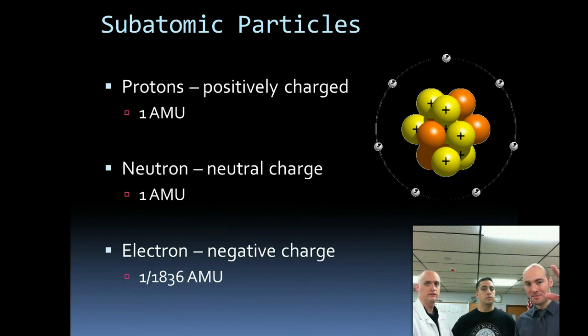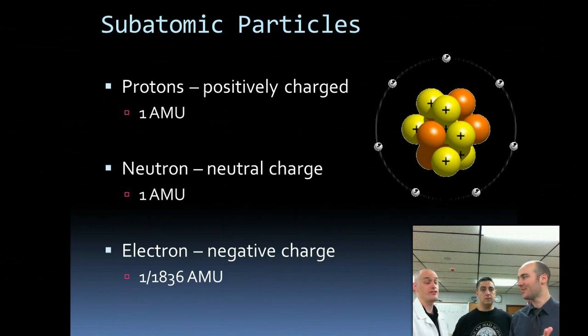Now you see all those little numbers there. You don't need to memorize those, but those are atomic mass units. It's a mass that they use to measure how much mass these particles have. Now a proton and a neutron each have a mass of one atomic mass unit. So they weigh one. Right. Now electrons are